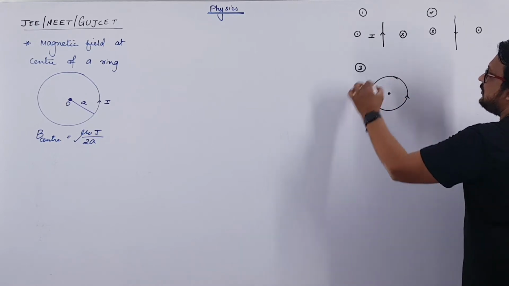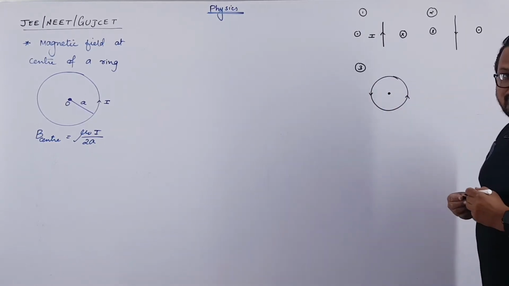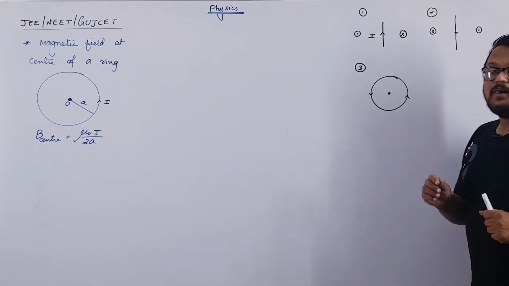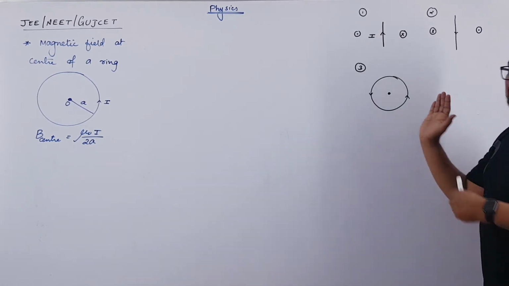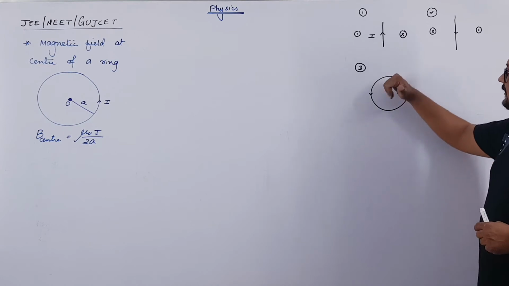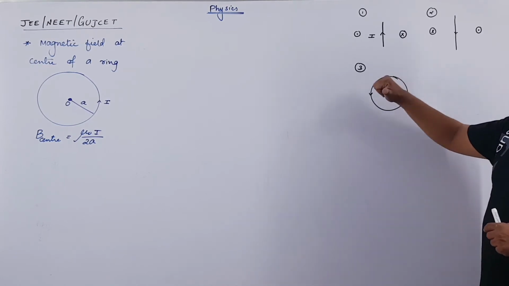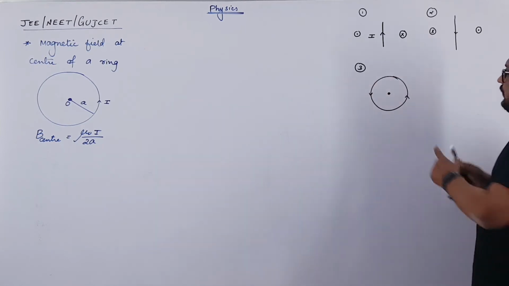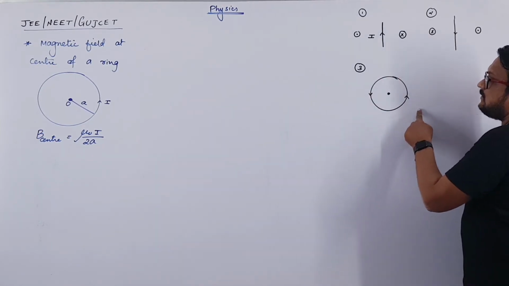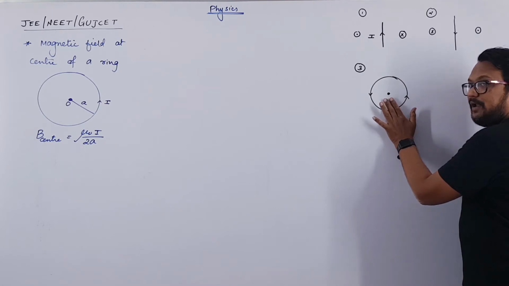Right, we have a circular ring which is carrying current in anti-clockwise direction. Now in this case what you have to do? You have to place your finger in the direction of current. You have to rotate your finger in the direction of current, right? Like this. So you will clearly see that thumb is pointing towards you. So if current is flowing in anti-clockwise direction, magnetic field will be perpendicular to the plane of the board but